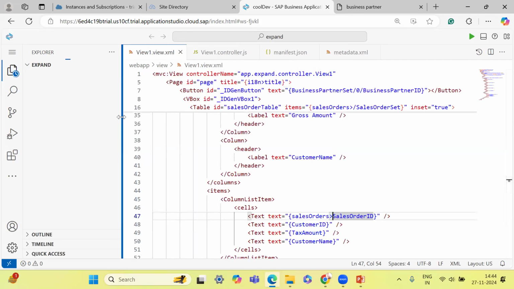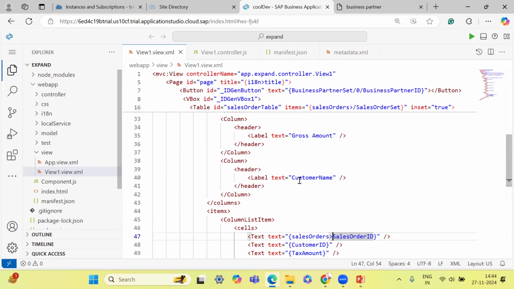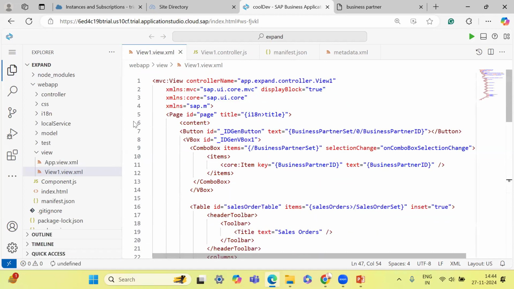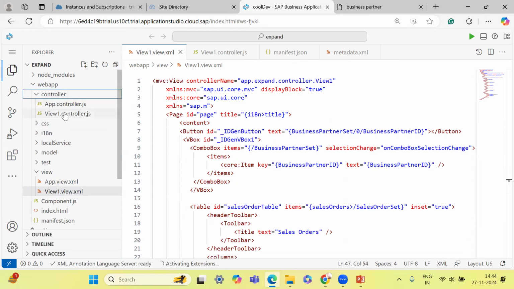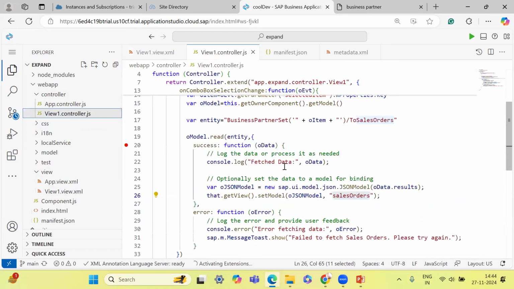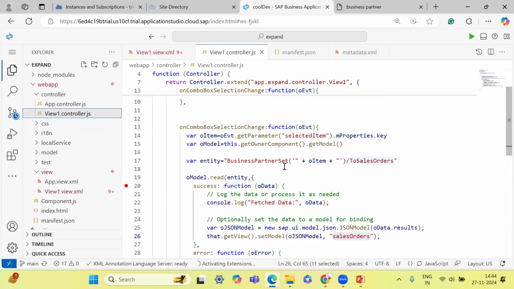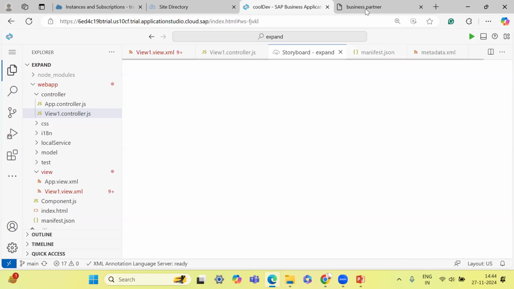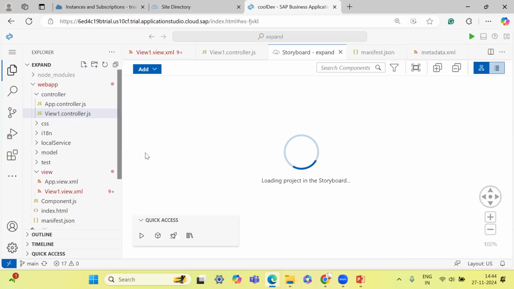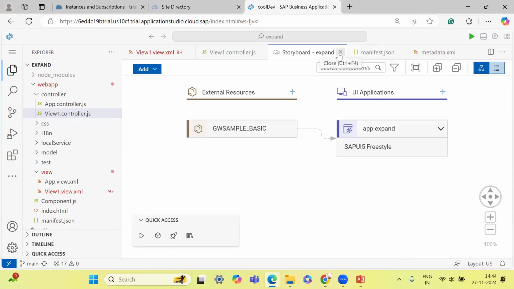I just want to see that one. Just go to your controller and see the view one controller. So yep, this is the one that we built last time. And yeah, this is the small one. I don't need this one right now. And what we can do is just